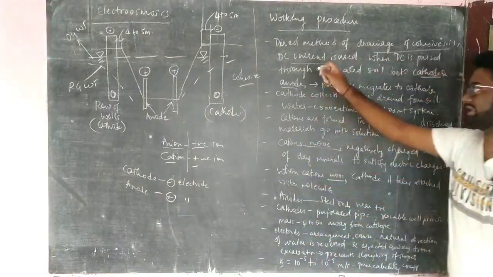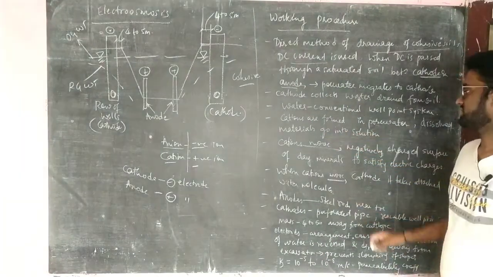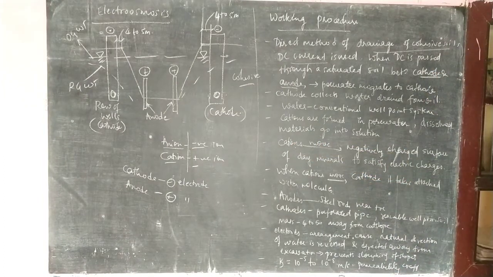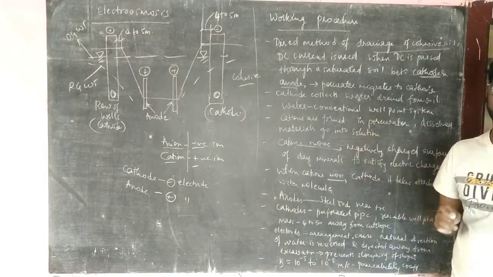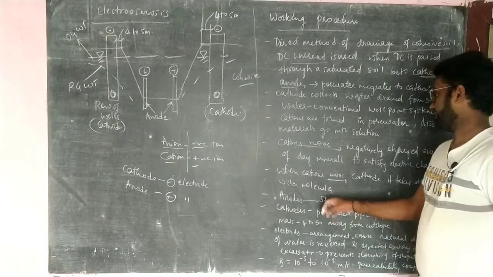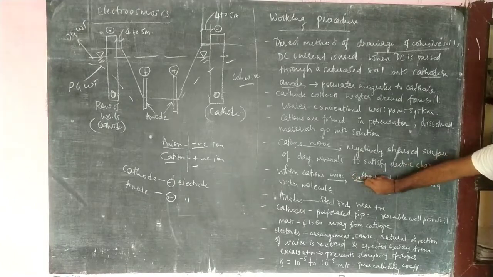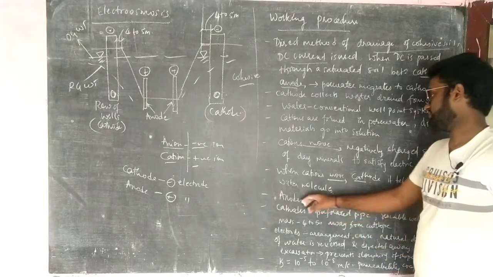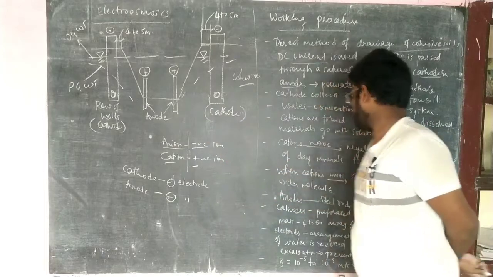Positive ions are formed at the negative electrode, and the materials go into the solution. Now, as you know, cations are the positive ions. They move towards the negatively charged surface of the clay materials to satisfy the electric charges. If the surface is negative and the ion is positive, they combine with each other to form electric charge. When the cations move towards the cathode, it takes the attached water molecules away.